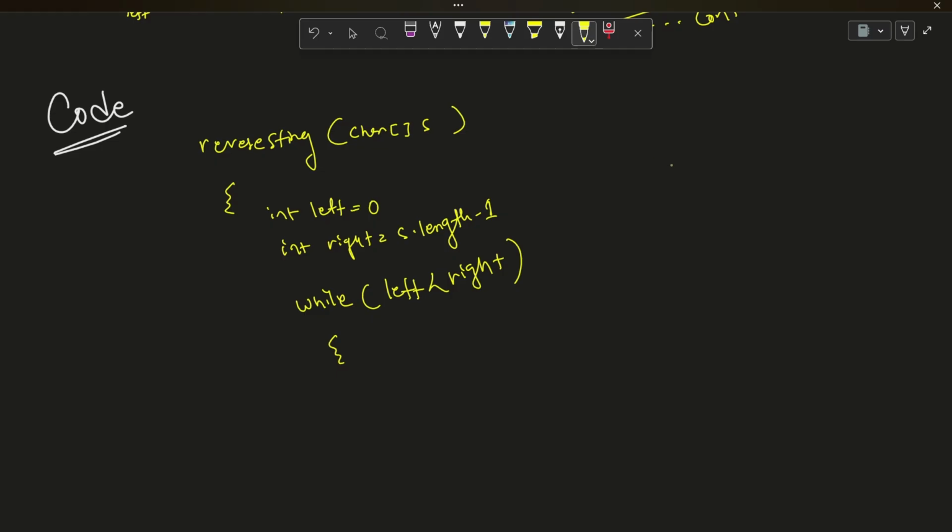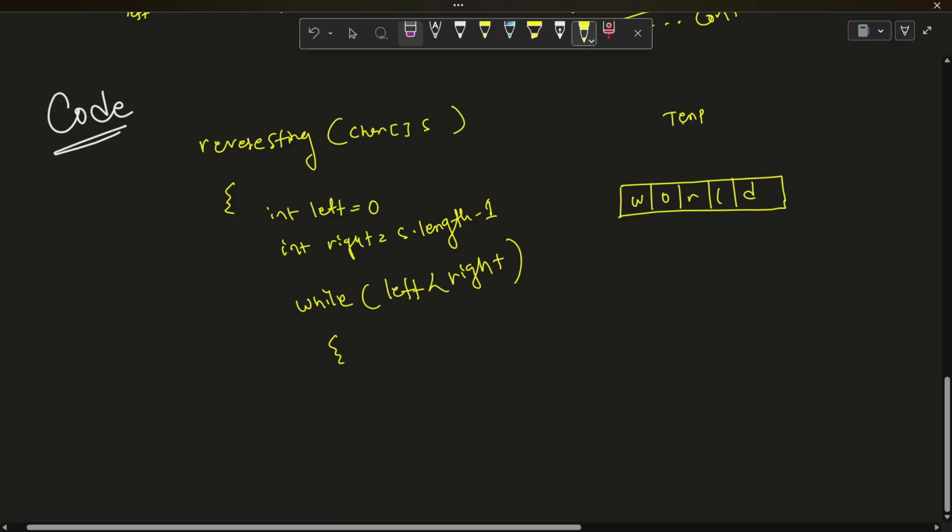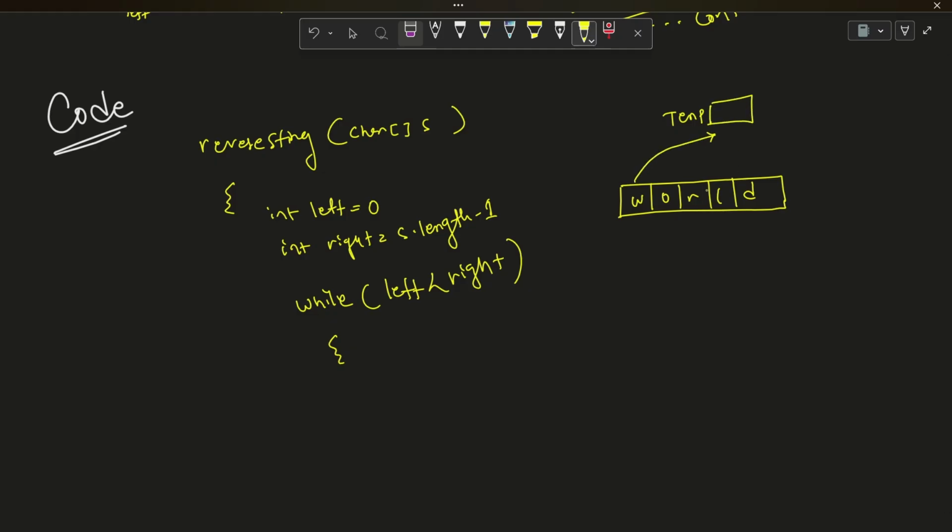What will we do? We have to swap those elements. For swapping, we need an extra variable. To swap two elements, how we used to do it, the same thing we'll do. We'll take a temp variable and put it here, and we'll swap the element and take the next element from the temp. Okay, same thing we are going to repeat. We'll take a temp variable, character temp equal to